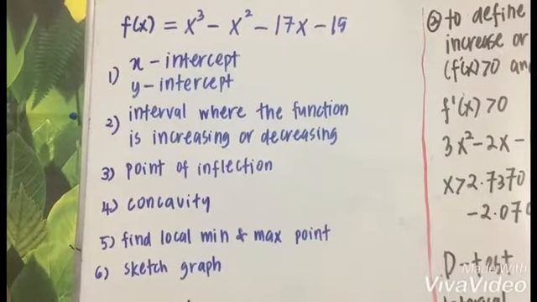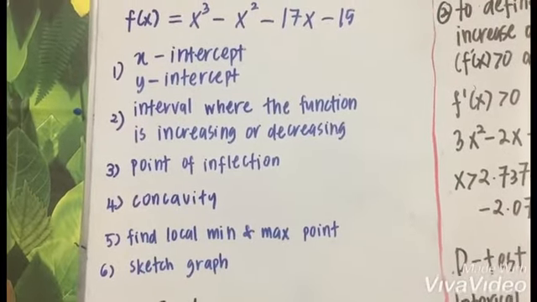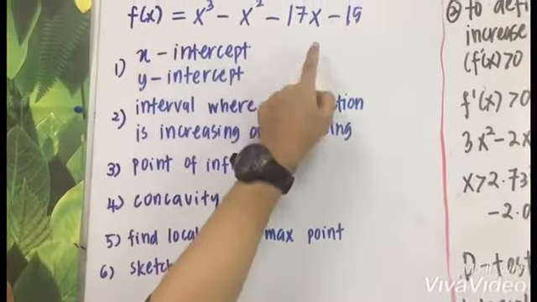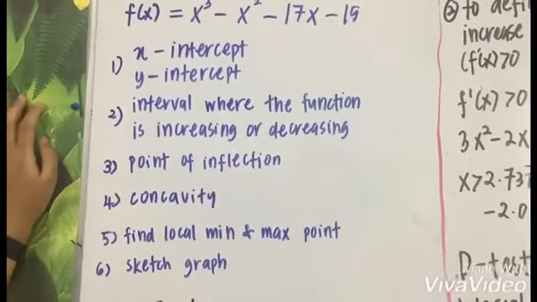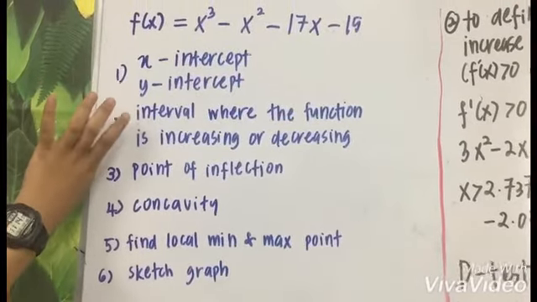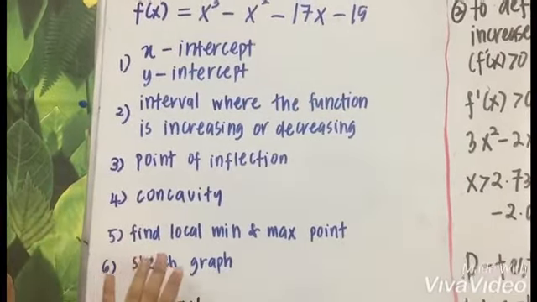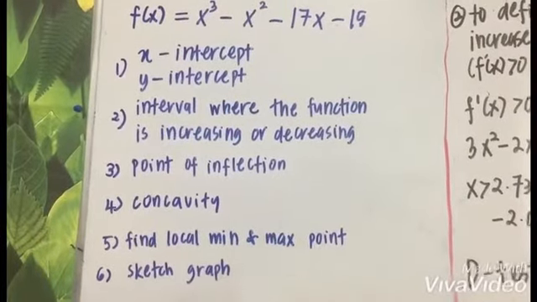Question 5 has asked us to choose any suitable complex function. So we have chosen f of x equals x cubed minus x squared minus 17x minus 15. The question also asked us to find the x-intercept, the y-intercept, the interval where the function is increasing or decreasing, the point of inflection, the concavity, the local minimum and maximum points, and lastly to sketch the